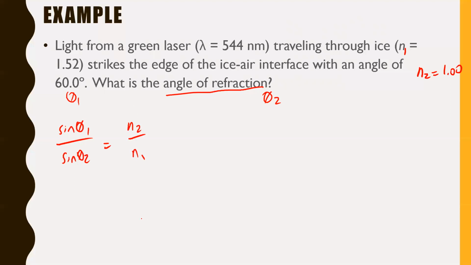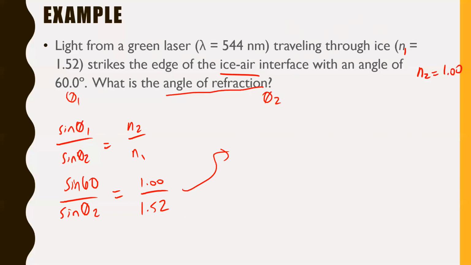And remember, that one is always backwards, okay? Anyway, sine theta1 is sine 60 over sine theta2. That's going to equal N2, which is 1.00 this time around, over N1, which is 1.52. Because we're going from ice to air, it's important you have that order correct. You can't just label them whatever you want. Anyway, we would have to multiply this over, and this time I'm going to show you some of the inner steps. If you divide this, then multiply this over, and take whatever this division number is and go sine 60 divided by it, you're going to find that sine theta 2 equals